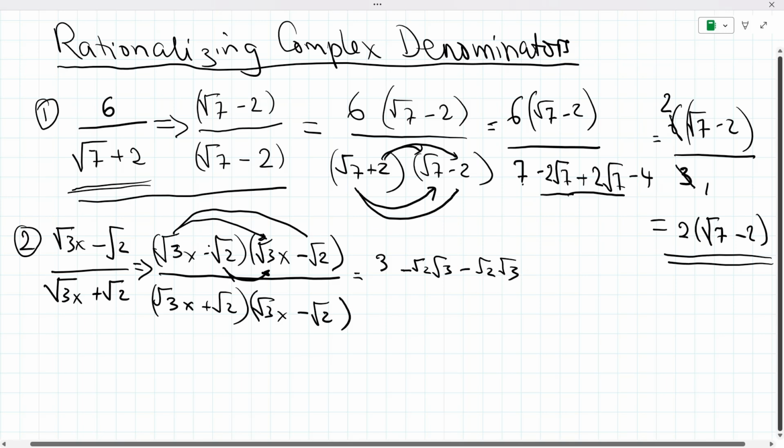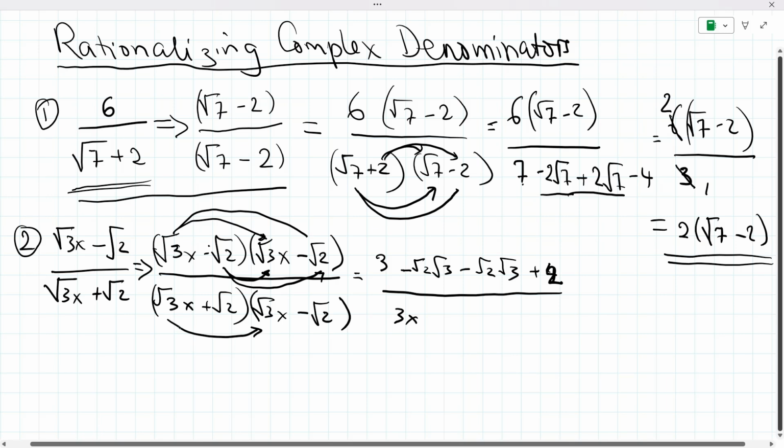And then negative root 2 times negative root 2 will give us positive 4. Will give us positive 2, sorry. Give us positive 2. And so this is all divided by root 3 times root 3 will give us